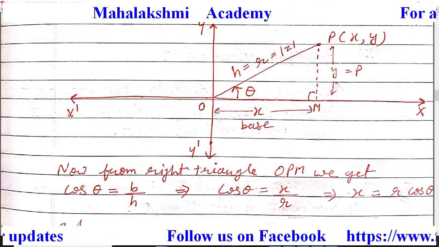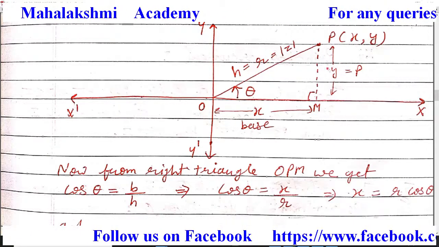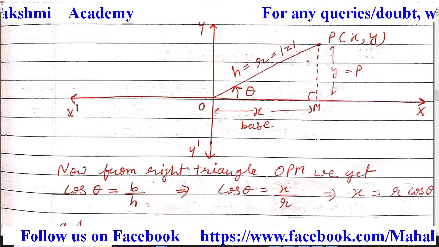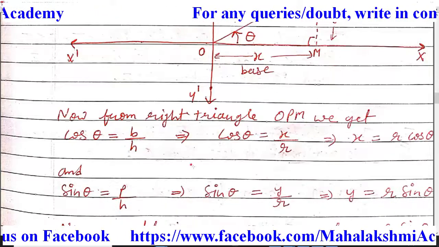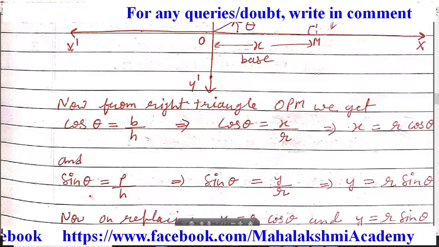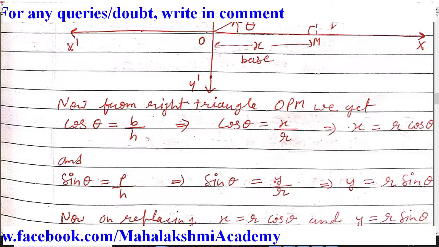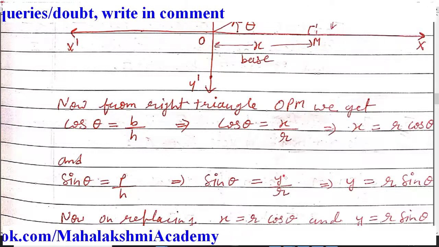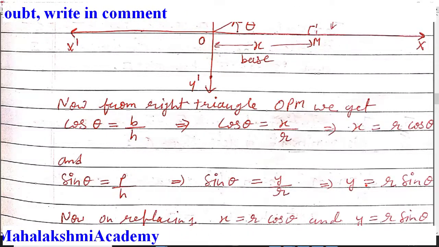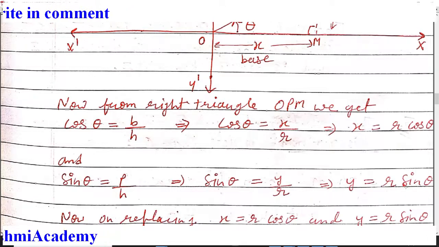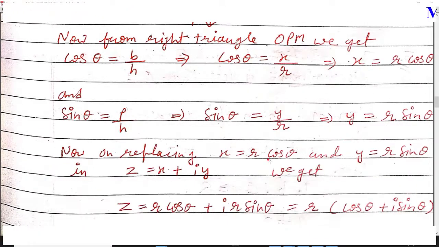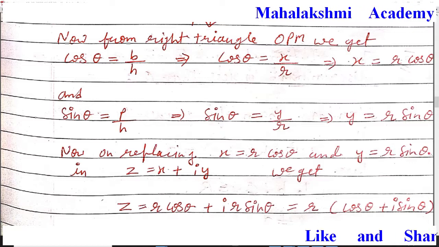In the same way, we are going to calculate y. So y is P and H. PH is going to be sin theta. So we will use the sin theta formula now. The trigonometric ratio sin theta is perpendicular upon hypotenuse. In that, we are going to put the values of P and H from the figure, that is y upon r. That will give us the value of y as r sin theta. Now from here we obtain the two values of x and y, that is x is r cos theta and y is r sin theta.